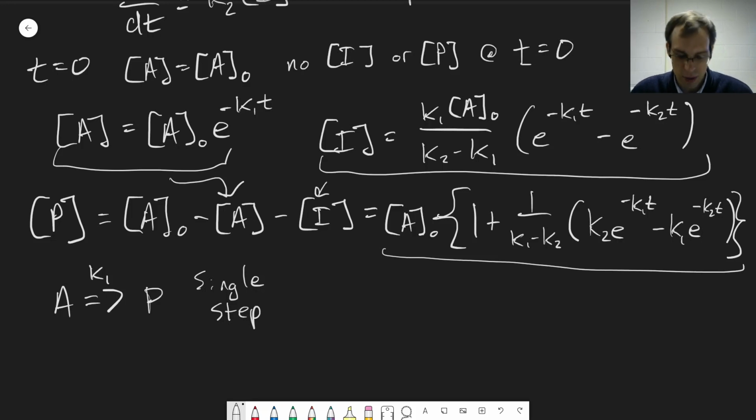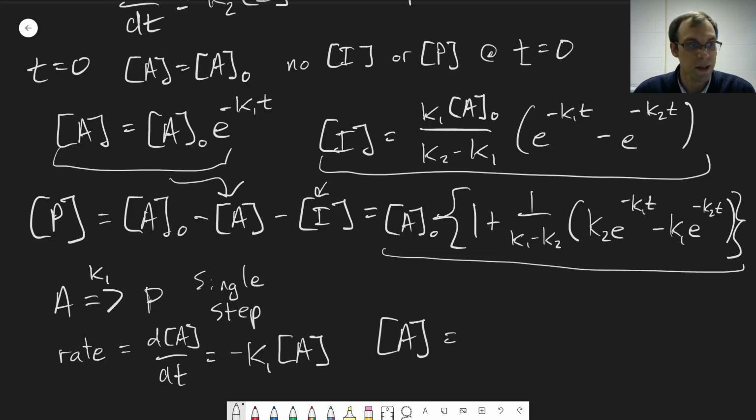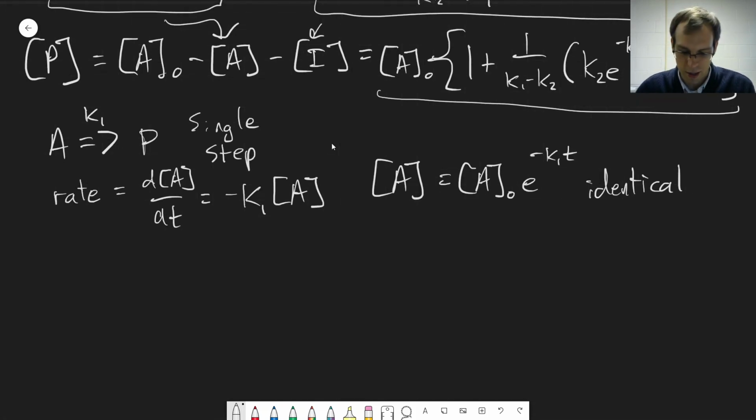Okay, so let's think about if we have this. We know that the rate, which is dA/dt, will look exactly the same in terms of A: K1 times the concentration of A. That means that our behavior of A, the concentration of A as a function of time, is identical. So this doesn't change. Even though we have a different mechanism, the behavior of our reactant concentration stays the same in this single step mechanism. What would change instead is our concentration of P,